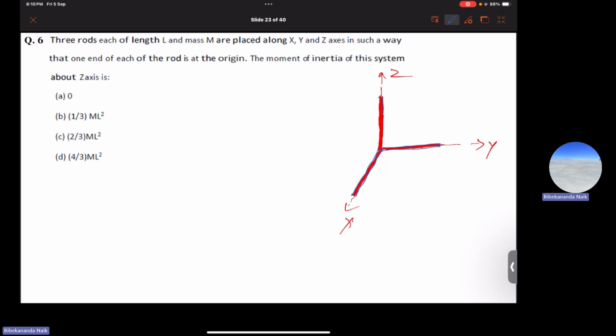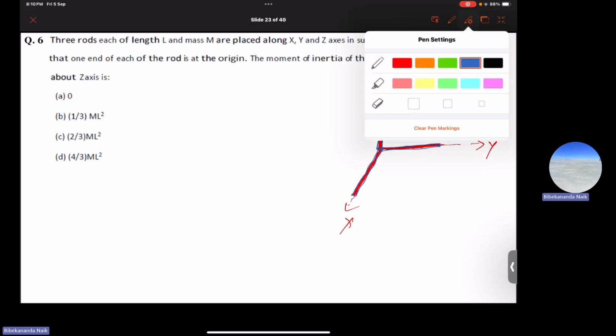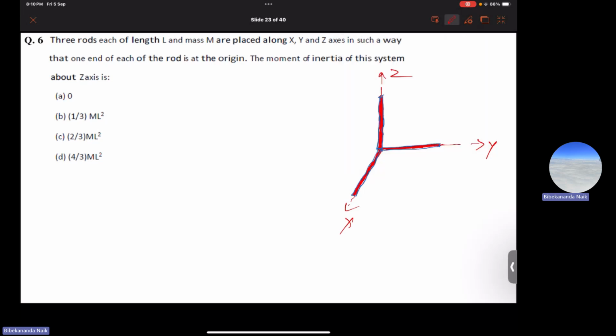This is one rod. And this is one rod. Each of them has length L. So this is L, this is L, and this is also L,